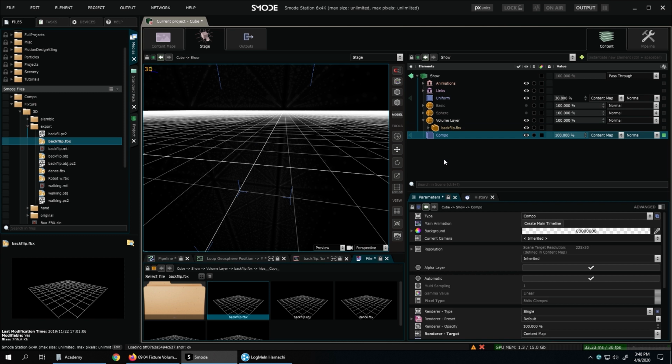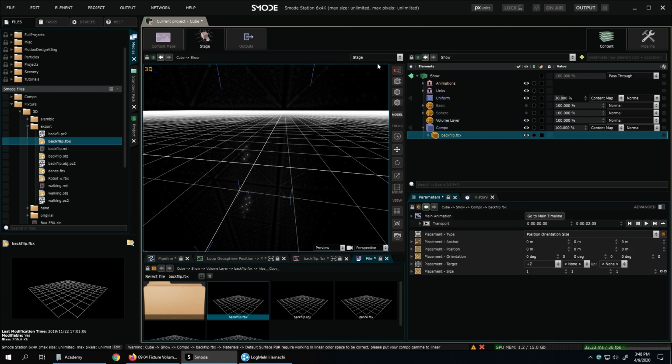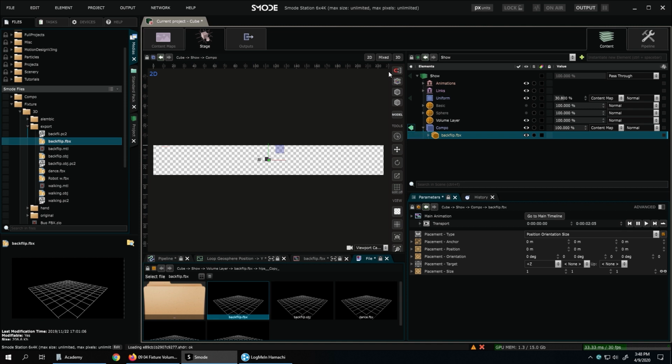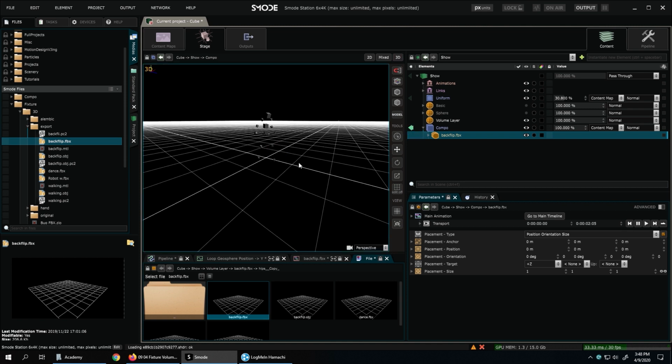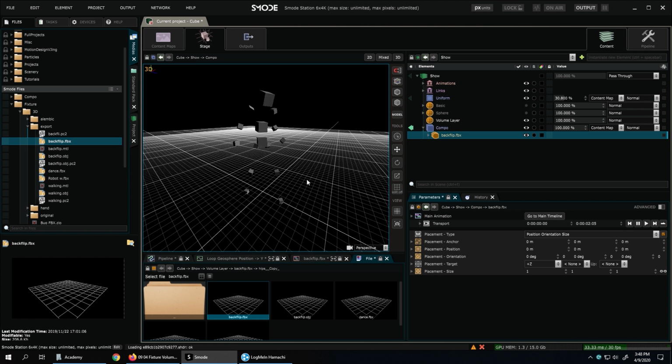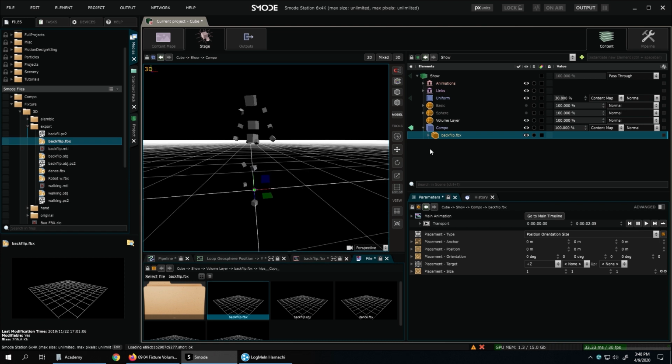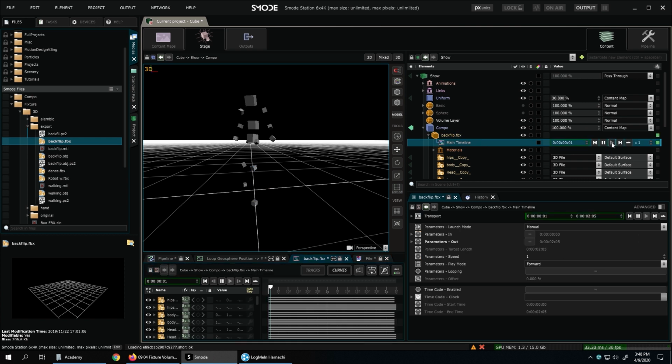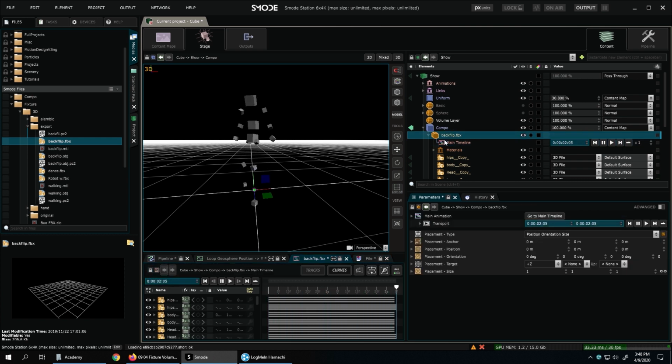Let's show inside a simple compo what this SBX file looks like. As we can see, this SBX file is a character which does a backflip, like the name of the file.